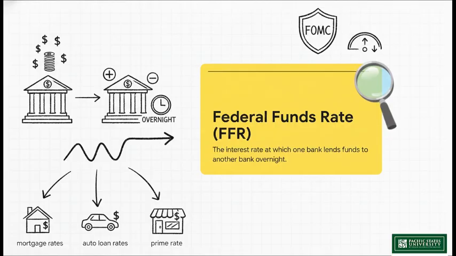As the federal funds rate changes, almost every other interest rate you interact with, like your 30-year mortgage, your auto loan, the interest on your credit card, and the rates businesses pay to build new factories, eventually move in tandem. So the Fed manipulates the overall supply of bank reserves in the system to push this specific overnight rate up or down to hit their desired target, which then dictates the cost of borrowing for everyone else.